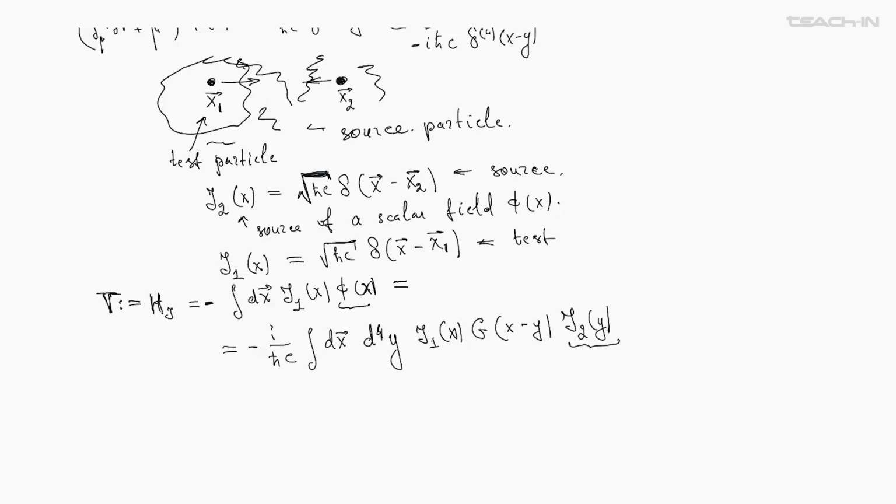Source generates a field, and the field interacts with a test, which you can also consider as another source. So who is the test, who is the source? You see, this is interchangeable. You can consider J2 as a source and J1 as a test, or you can do it the other way around. It does not matter. You see actually that the formula which we are writing down here is almost completely symmetric with respect